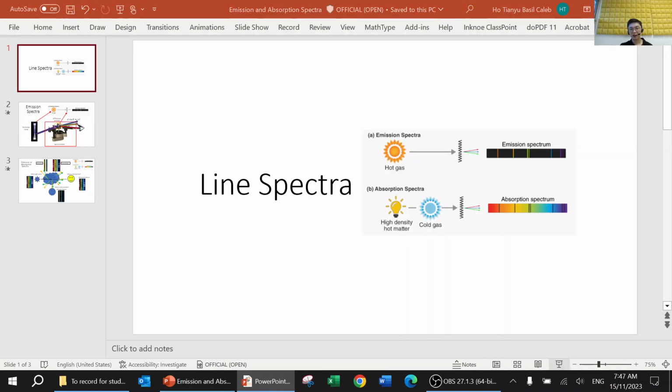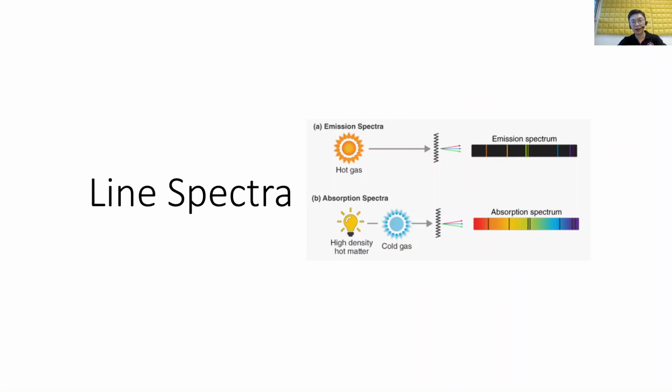Okay, hi. So many students have asked me to re-explain line spectra during the consult, so I thought I might as well just record a video to explain this. The line spectra that we give you are of two types: one is the emission spectra, and one is the absorption spectra. If you have already understood this, then please don't waste time. Just skip this video. But if you have any doubts on how they are produced and what they are,